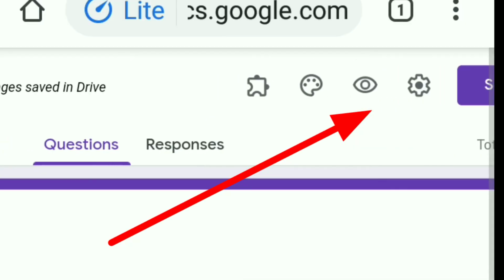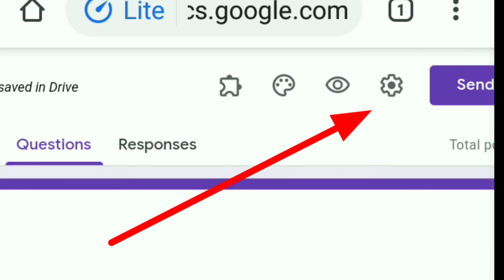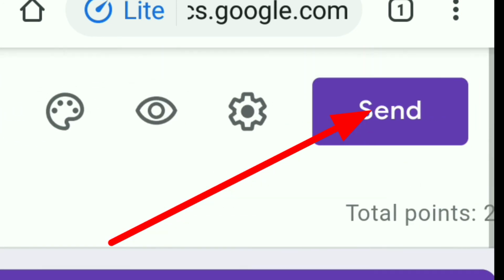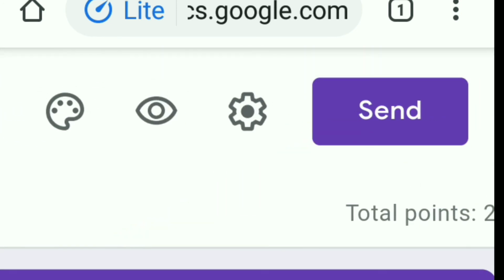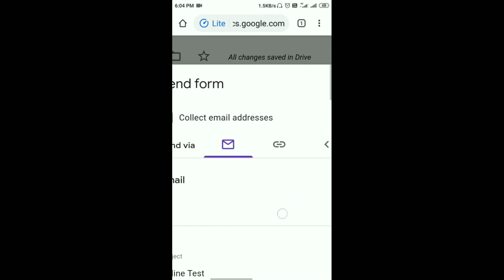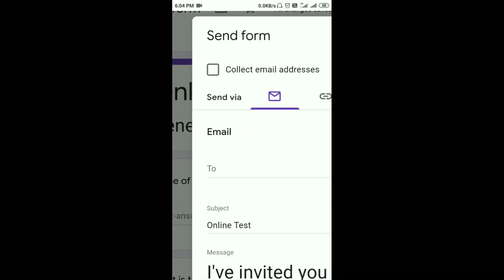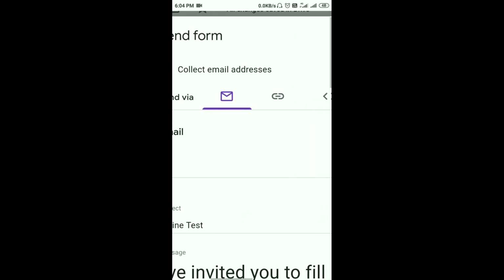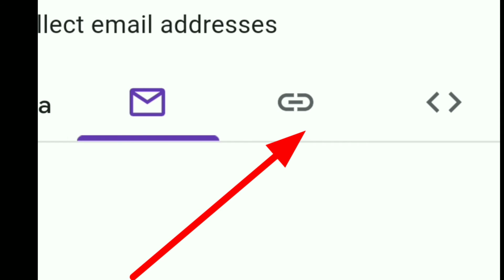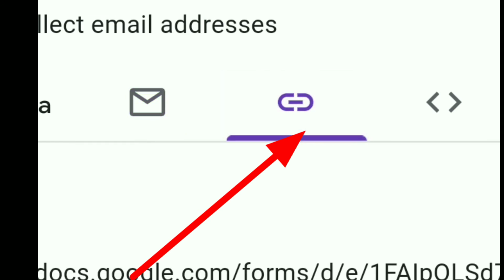That's why you must press on the send icon. Where is the send icon? This is the send icon. Pressing on the send icon, you will see the options: via email, via link, or via anything. No, via link we shall go.